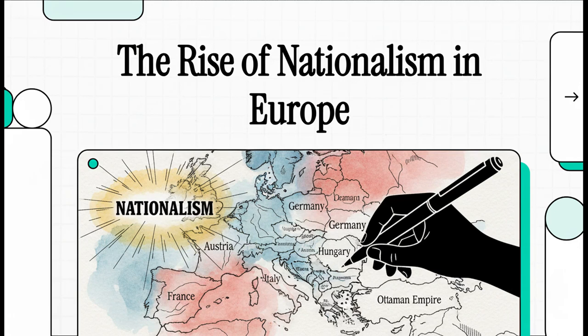When you look at a map of Europe today, it feels so permanent, right? All those neat borders and familiar countries. But what if I told you that just a couple hundred years ago, that map looked completely different? This is the story of how one single powerful idea, nationalism, blew up entire empires and literally built the world